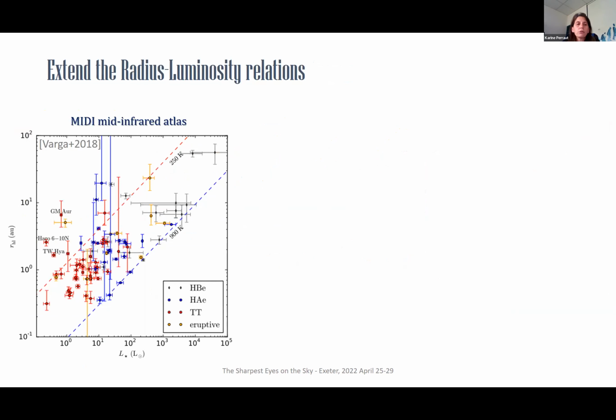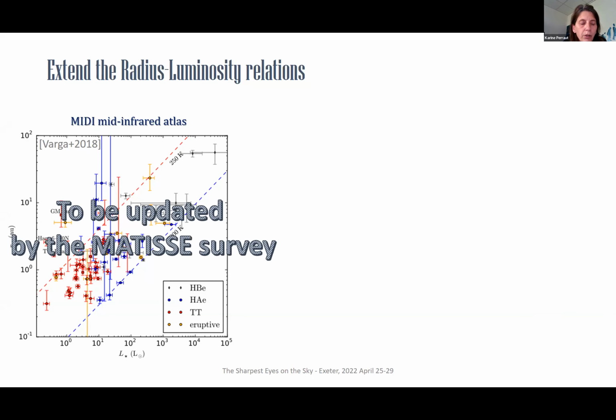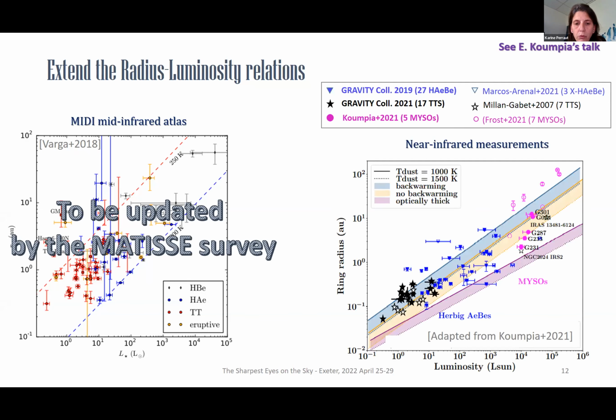So, for a few years now, large programs on young stellar objects have been led in optical long baseline interferometry, and this has allowed us to extend the radius-luminosity relation in the mid-infrared here with the MIDI atlas, which will be updated by the MATISSE survey, and also in the near-infrared, for instance with GRAVITY on the right. You have the Herbig Ae/Be stars in blue, the T Tauri stars in black, and the massive YSOs in pink.